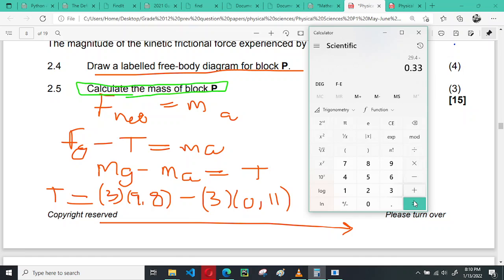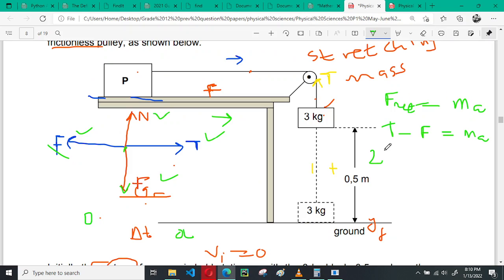So our tension is equal to 29.07 newtons. We're going to come back here and use the value of T, which is 29.07 minus friction. They just told us friction is 27 newtons, so minus 27 is equal to the mass of this block, m,